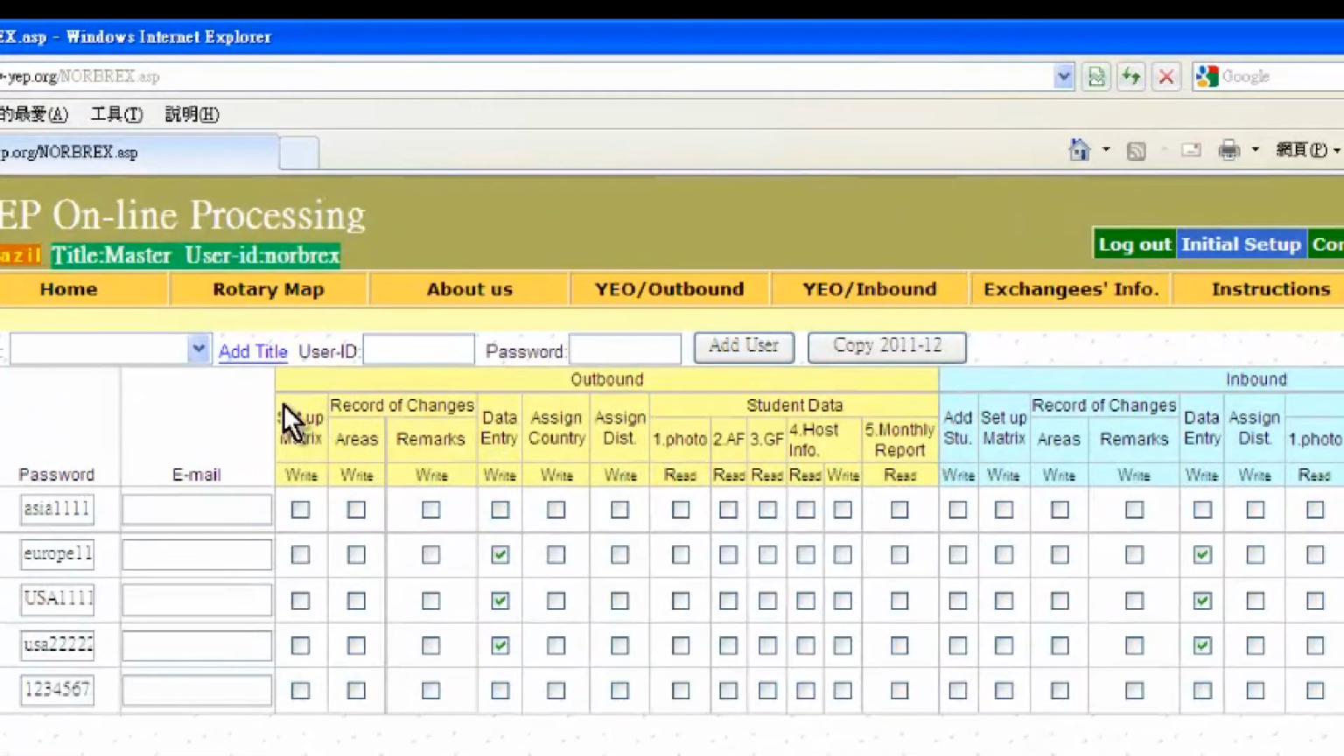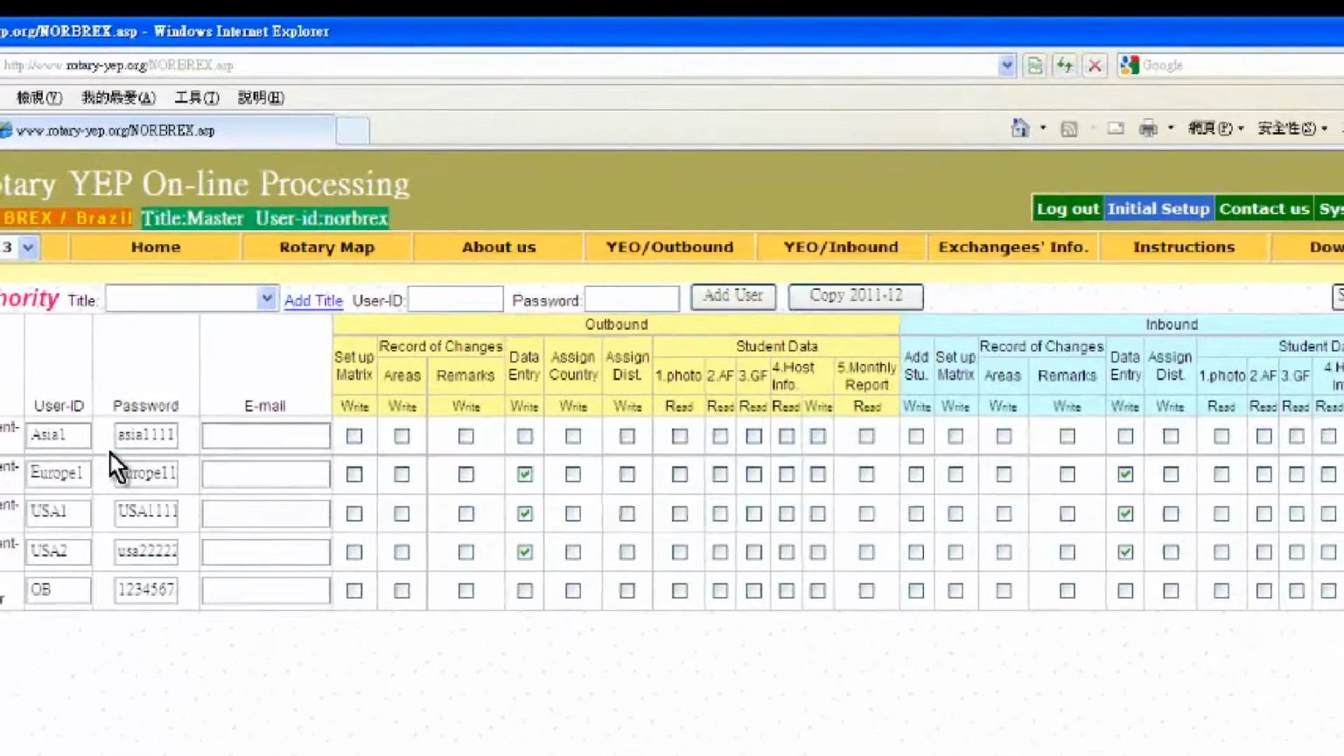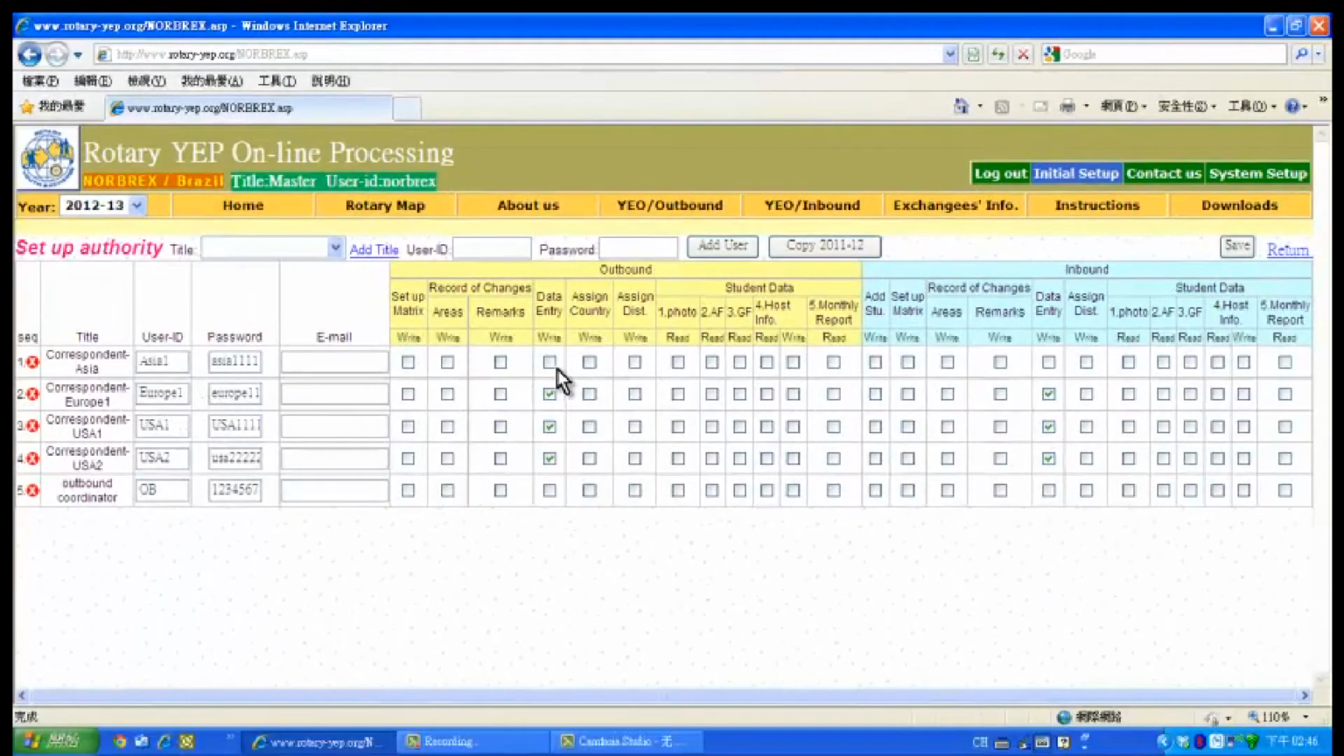Now to set up authority for access, click the little squares here under each item to be done corresponding to each officer. Access is allowed when the check mark is put here on the square, and access is denied if there is no check mark on the square. For example, we give correspondents access to write remarks on the record of changes. Here we click here, and then we give him also authority for data entry. We click here on the right. Then we give him